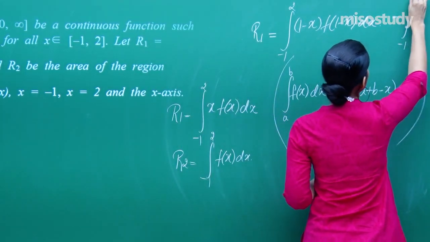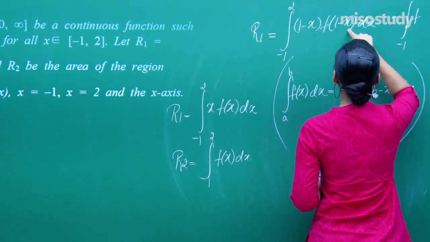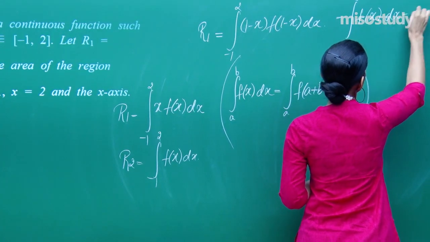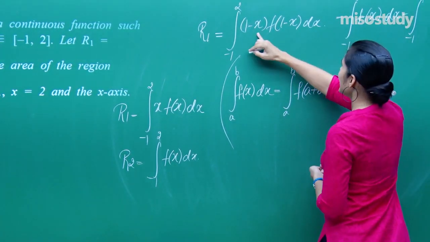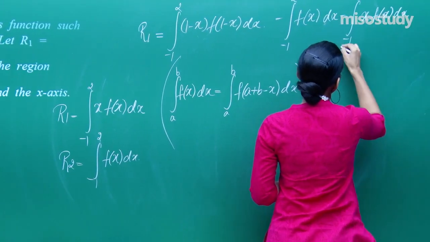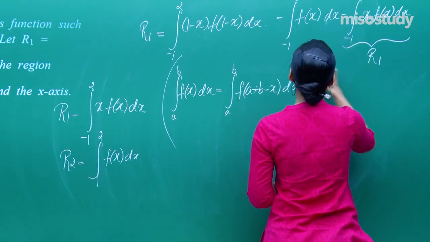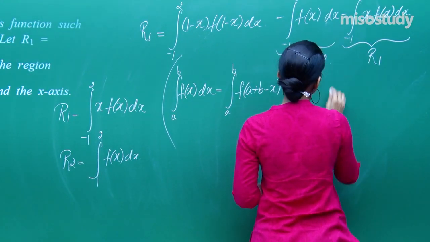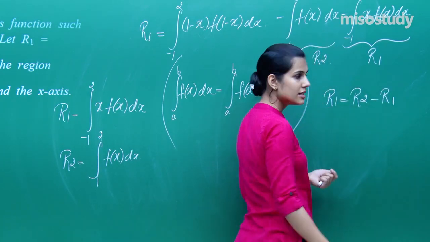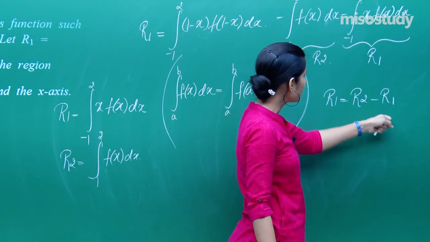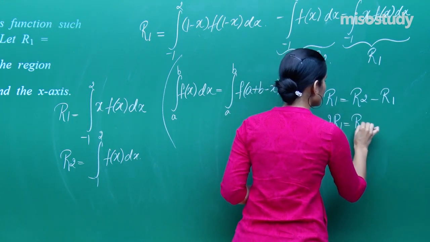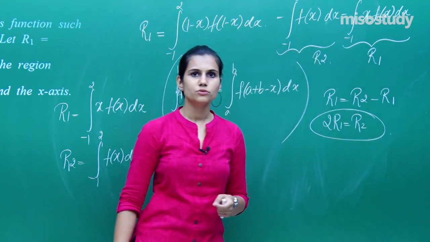This becomes integral minus 1 to 2. f of 1 minus x is the same as f of x, minus integral minus 1 to 2 x into f of 1 minus x. f of 1 minus x is f of x. This is equal to R1, and this is equal to R2. You are getting R1 is equal to R2 minus R1. Over here R1 is equal to R2 minus R1, that means twice of R1 is R2. This is the relation which is going to be true when you